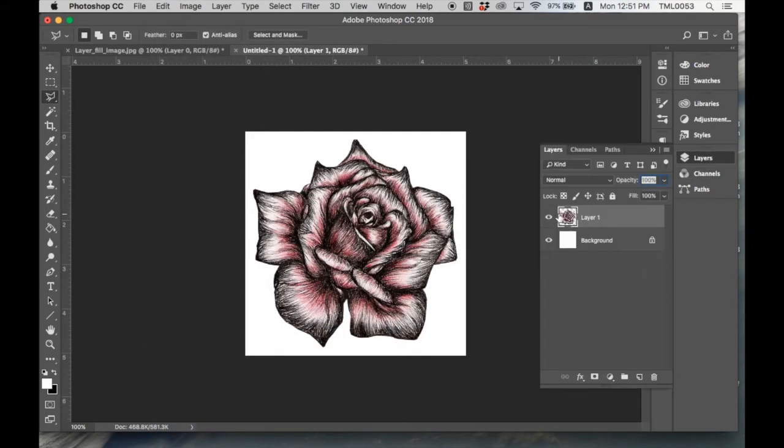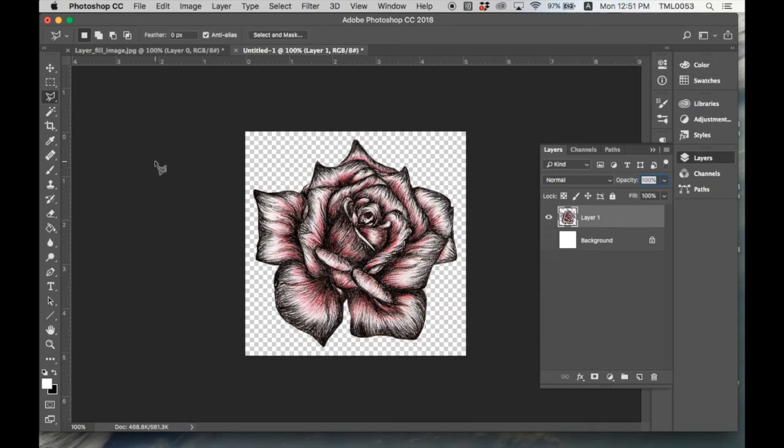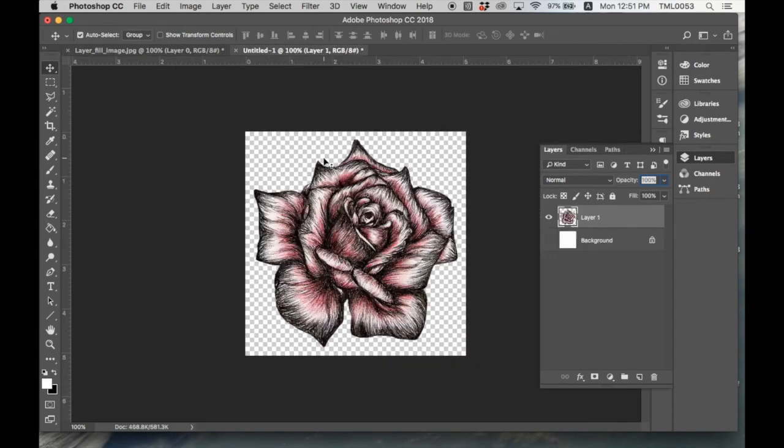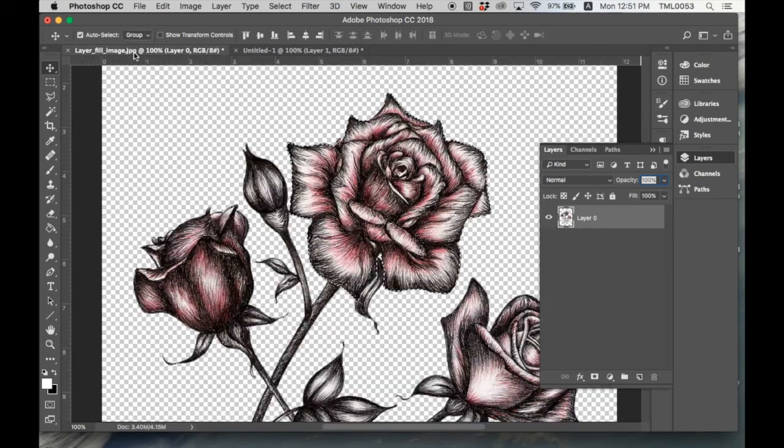it has an independent layer here. Okay, if I close this one, you can see you can move it around. So this is how you extract an object from an image and then bring it to another document, and then you can do whatever you want with it. Right now, what we're going to be doing is to change